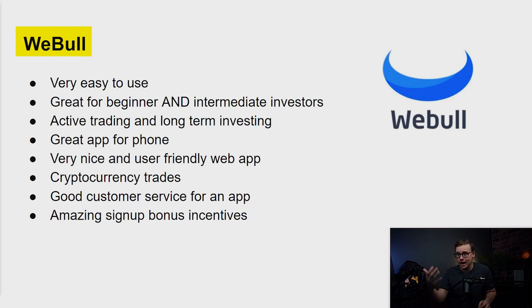Webull has access to active trading as well as long-term investing as well. The Webull app on the phone is fantastic, super easy to use. However, they also have a web application that is really good as well. You also have the option to buy and sell cryptocurrency on Webull. Pretty good customer service for an app,